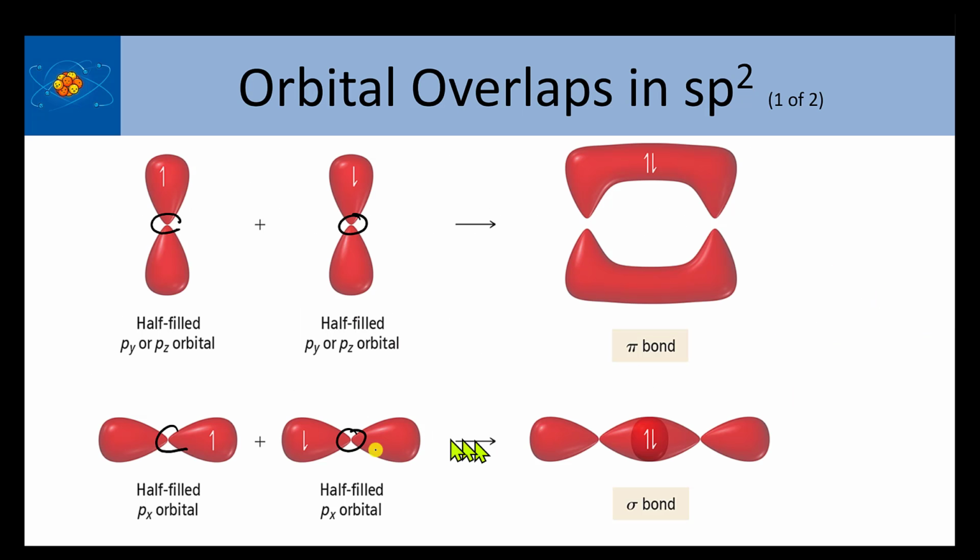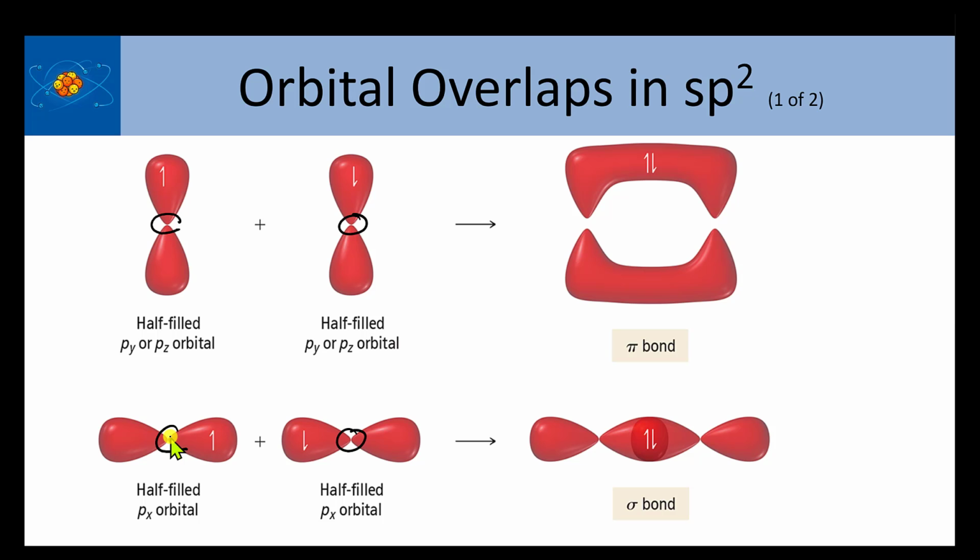So if I'm going to form two bonds between two atoms, then one bond can use an orbital that lines up on the bond axis, and that gives me a sigma bond. But the other one, because remember the p orbitals have to be 90 degrees to each other, well, that one has to form perpendicular to the bond axis. And this is what I was talking about before. One forms on the bond axis, one forms perpendicular. It's perpendicular because it has to be, because the way the atomic orbitals are derived,